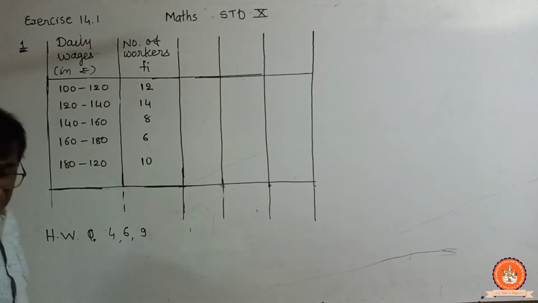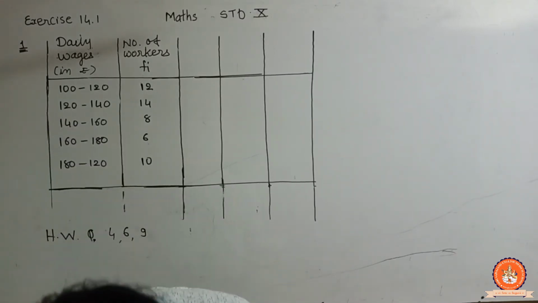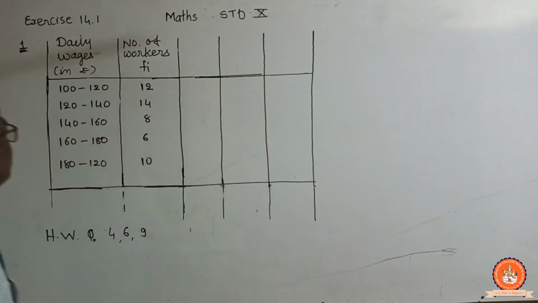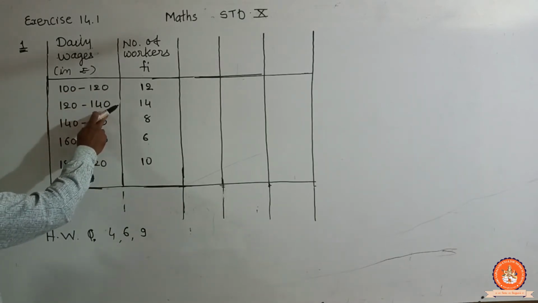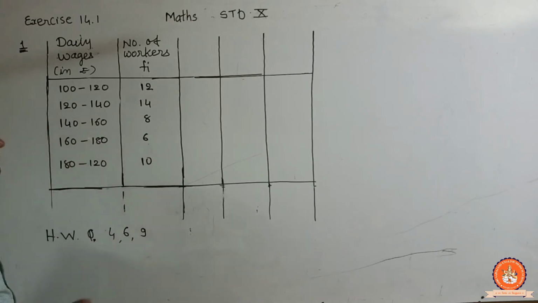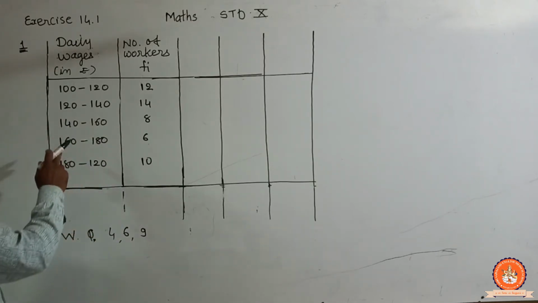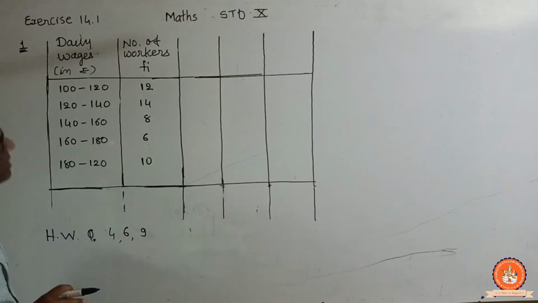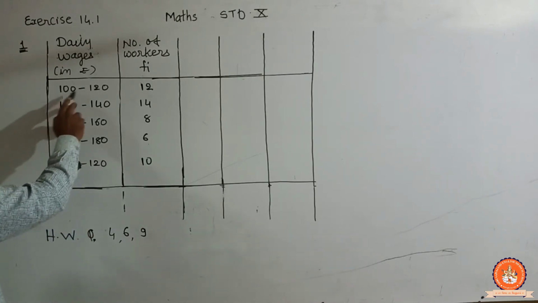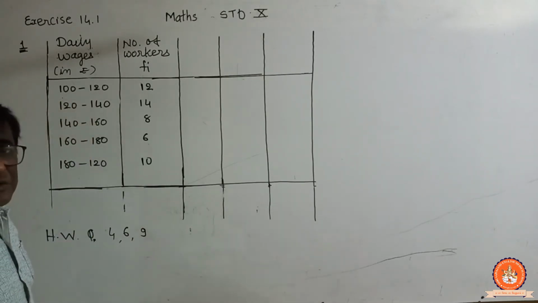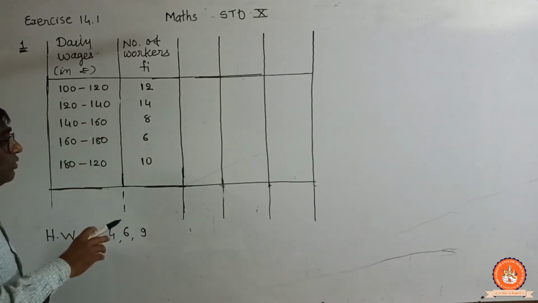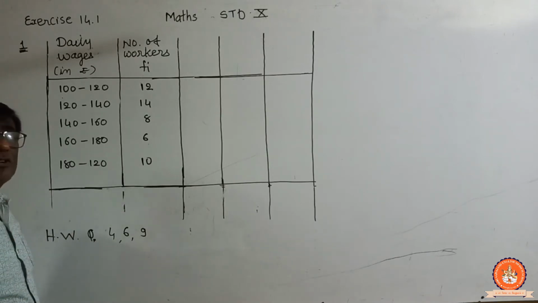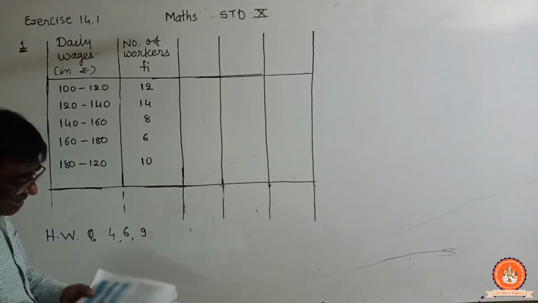It maybe 400 to 420, maybe 420 to 440. Okay, maybe like this. So there may be a difference in this question. It may be 400 to 420, so it doesn't make a difference to you. Take it as 100 to 120, solve this with me, and make changes according to your book. Okay.